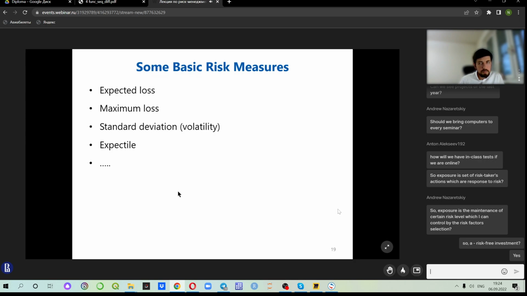Another one is the maximum loss, but this is a tricky one because in fact you can take on risks that are not limited. So for example, if you construct some very exotic position of derivatives, probably you may come up with a portfolio without any limit on risk. So technically, you may suffer any loss up to infinity. Okay, standard deviation